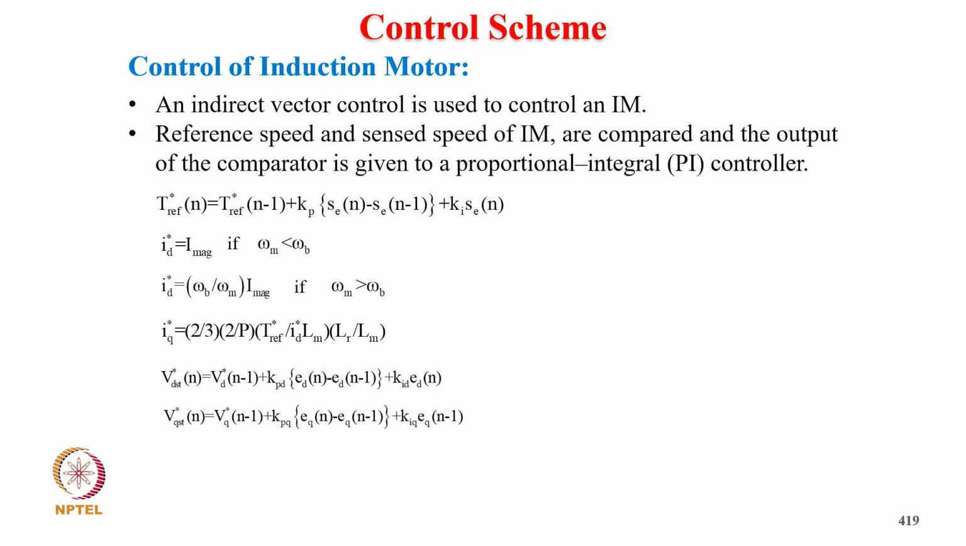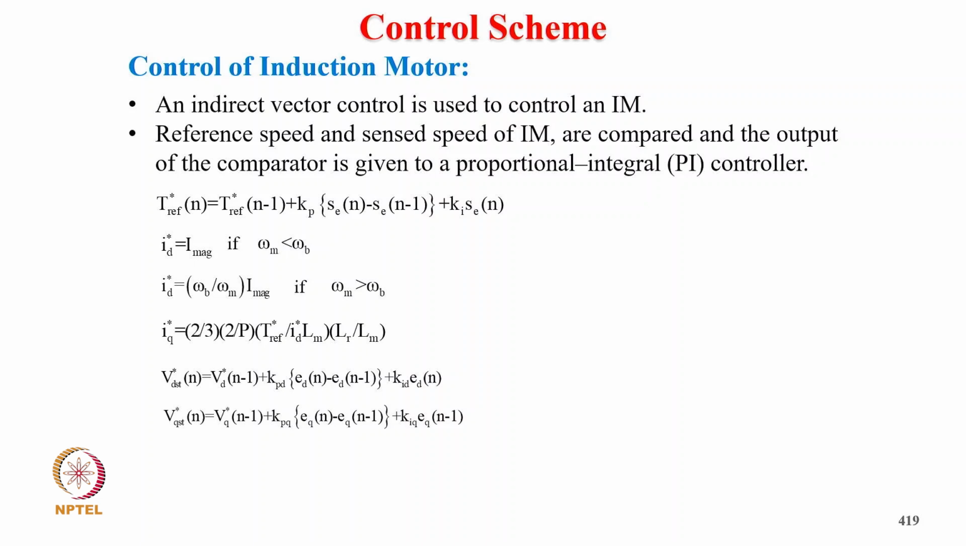Now coming to the control scheme, control of induction motor. An indirect vector control is used to control the induction motor. The reference speed and sensed speed of the induction motor are compared and the output of the controller is given to a proportional integral controller. So T reference n equal to T reference n minus 1 plus Kp, that is the proportional gain, in bracket SE n minus SE n minus 1, plus Ki SE n, where